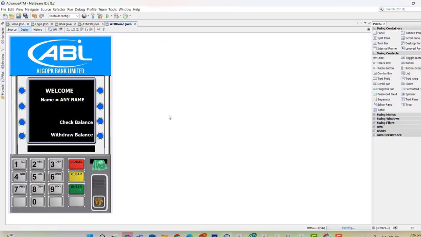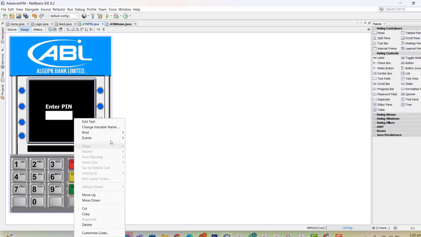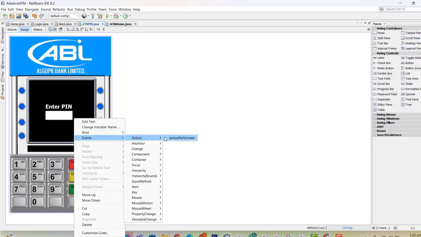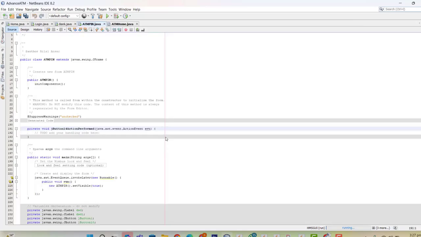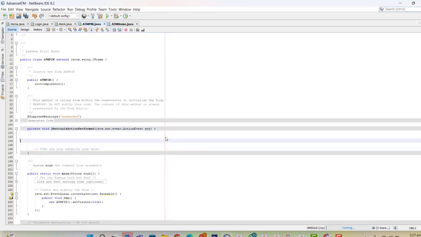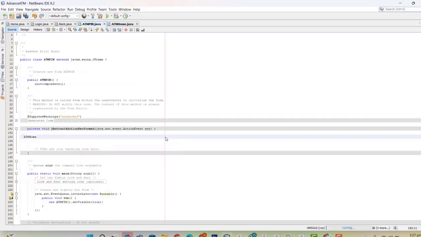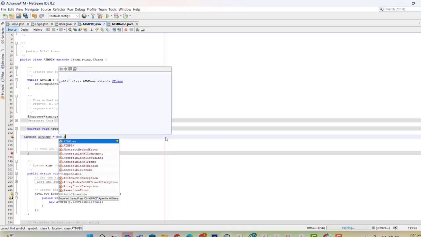Okay, so this one is the home page for ATM. That's done. So what we have to do, okay, when this button is clicked, event action performed, what we need to do, ATM home, ATM, which is equal to new of ATM. Okay,